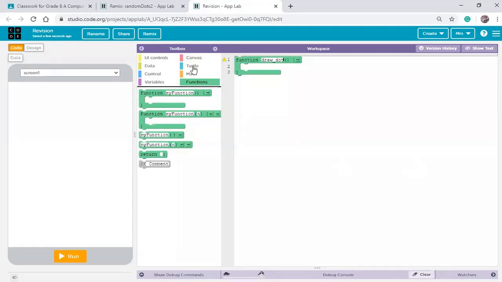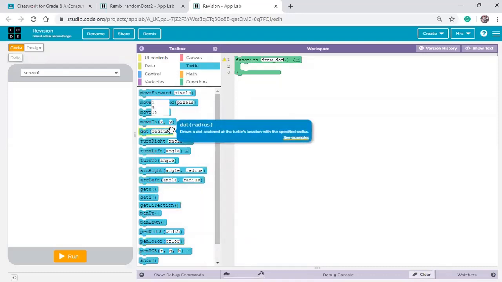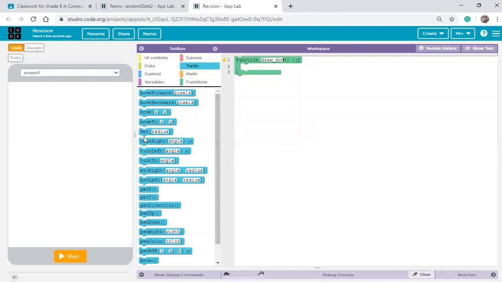Then from the turtle, we're going to select dot. And I don't need a specific size for the dots. So we're going to select